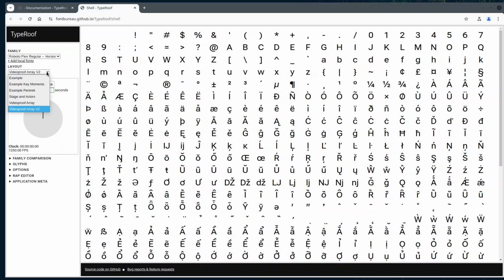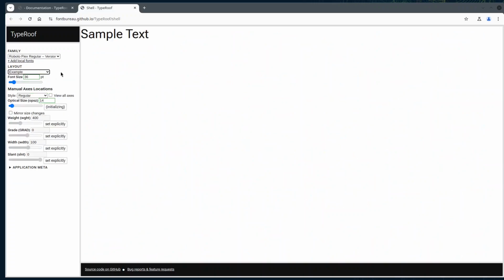And some of the layouts in here are not really for actual use, but they are more documenting the development process of the app. So I'm going to show the not so important